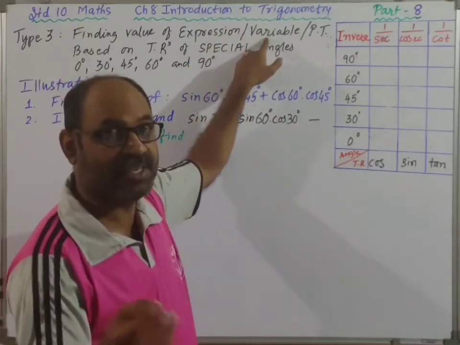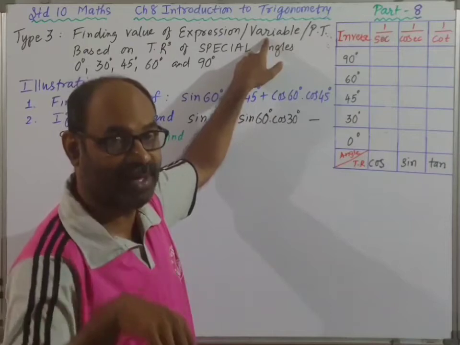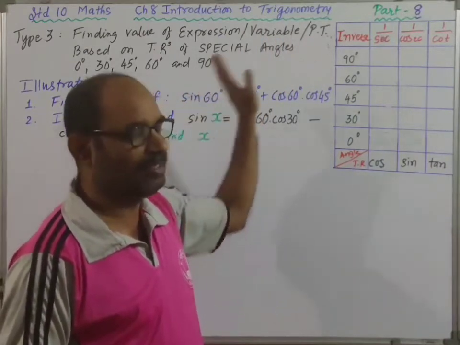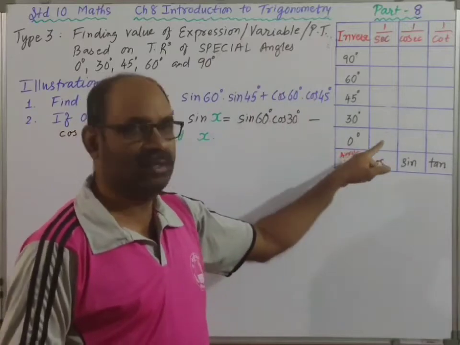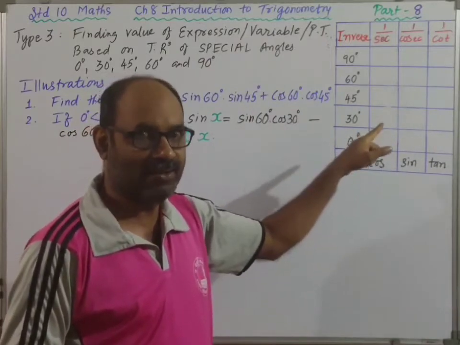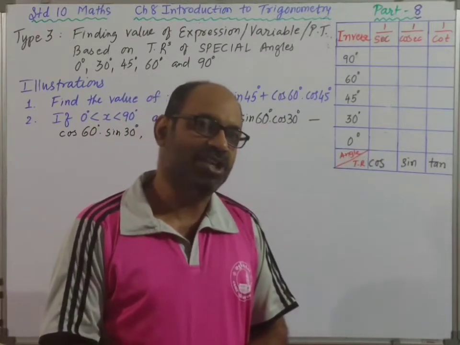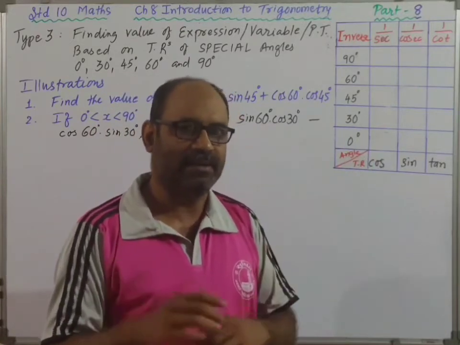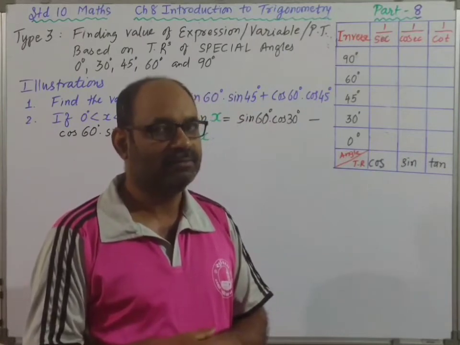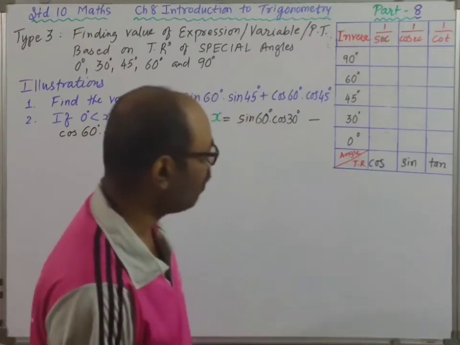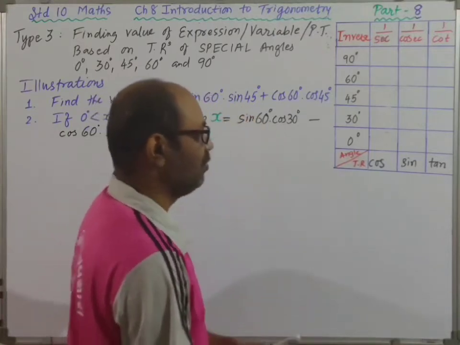If one equation is given and there will be one variable, you have to find the value of that variable or prove that type of sums. Once again, let me tell you, this is very easy. Substitute the correct value and you get marks for that also. Yes, the simplification part might be a little bit tough, but you will have to work hard. Fine. Let's put the values.